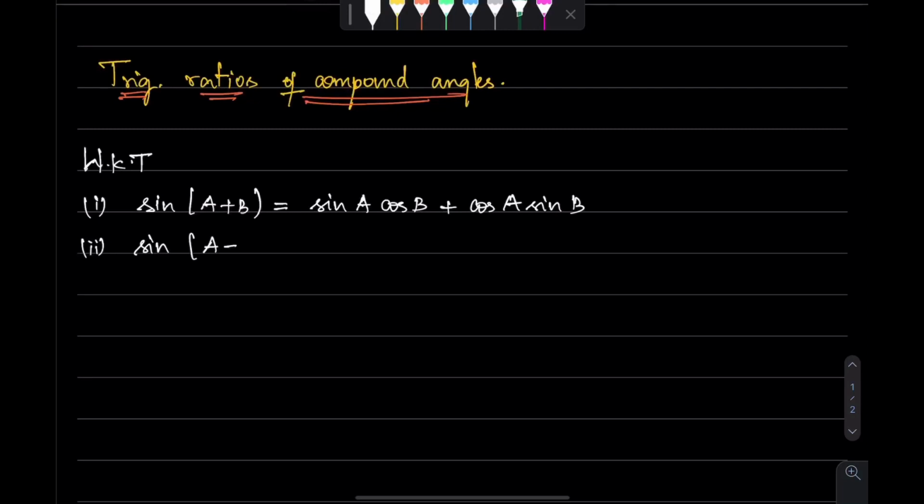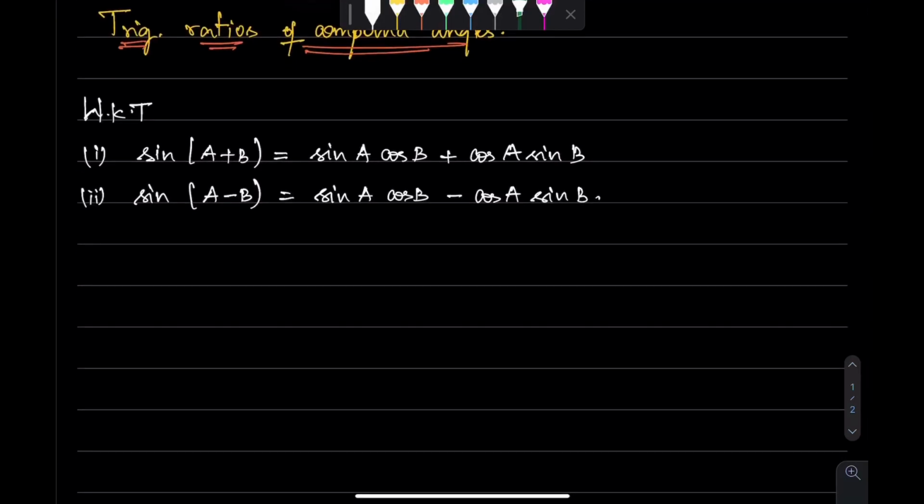What is sine a minus b? It is going to be sine a cos b minus cos a sine b. Fine. Now with this, you take these two expressions, so two results. What if I add these two results? So 1 plus 2, what do I get here? Before doing that,